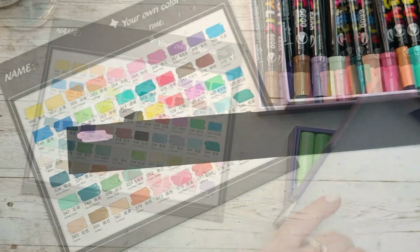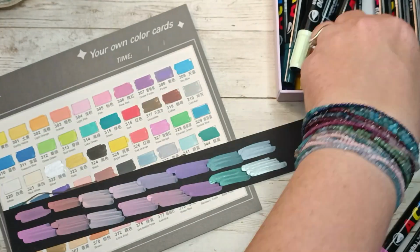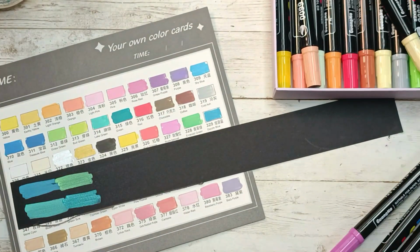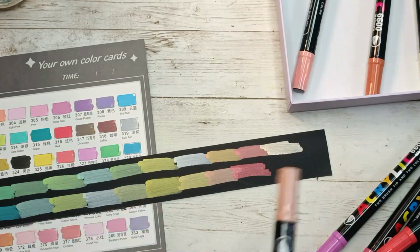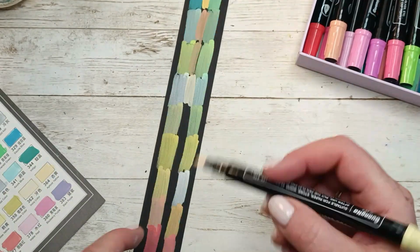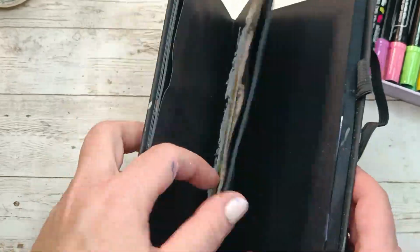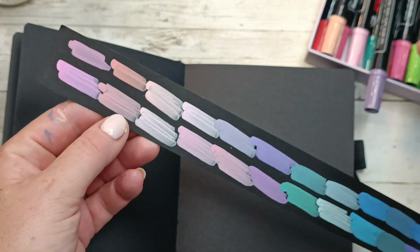And those markers write on canvas, glass, wood, ceramic, stone, t-shirt and paper. And I actually fell in love with them while doing the swatch on the black paper. I completely didn't plan that, and I said to myself, well, if they are acrylics, they have to work on the black paper. And that I absolutely love. The chalkiness of that is so cool, and that's why I am opening my black art journal and I'm gonna be working on the black paper,